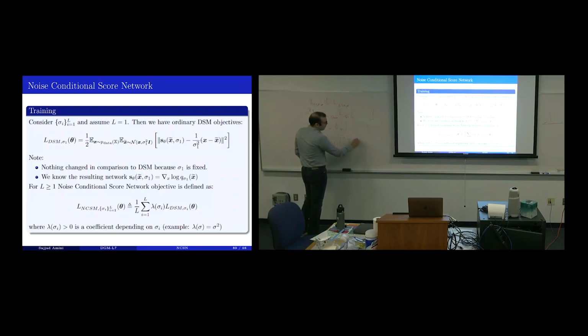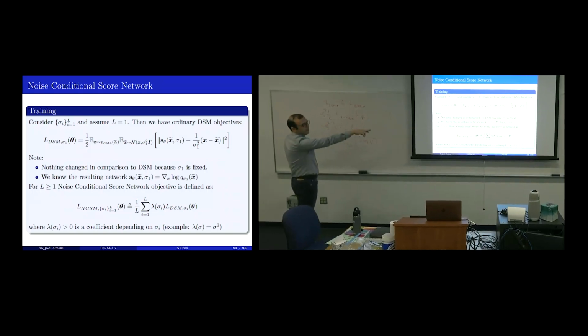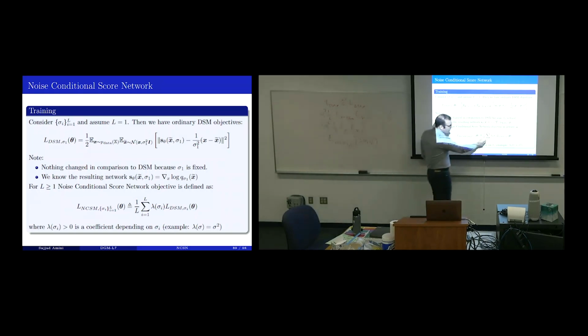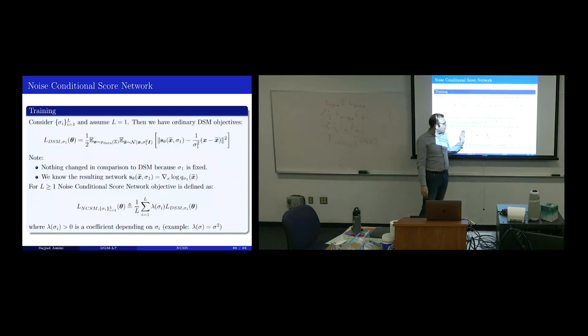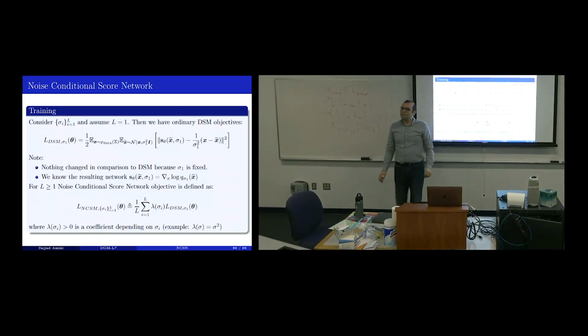Sigma I of L. This is when you replace this expectation with the definition of the expectation, you easily use the probability of each I, which is uniform 1 over L, and the value of the function you have. But in the noise conditional score matching, they do not have this approach. In each iteration, they update all of the terms. It means that